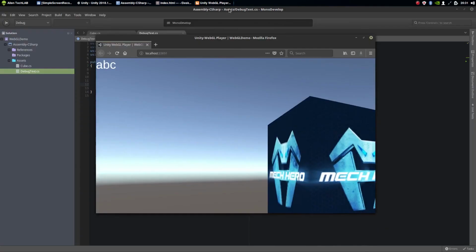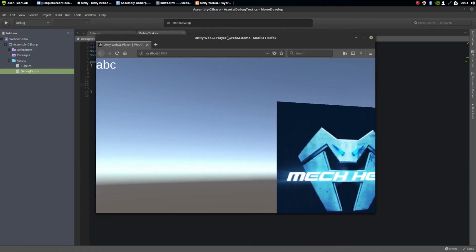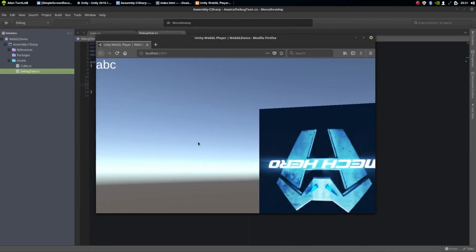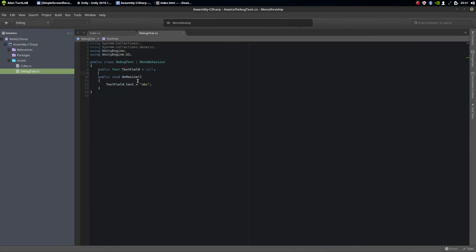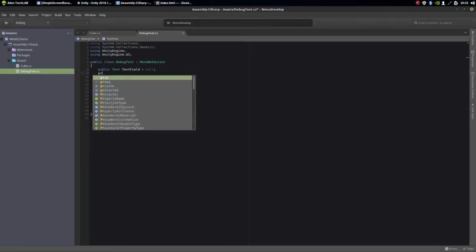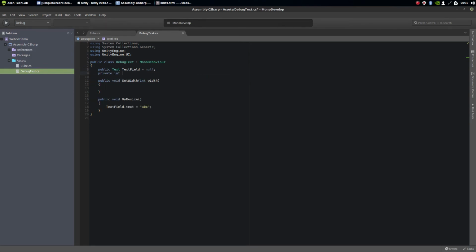but that's not what I want yet. I want now to get the size of this area. So the next move will be adding a couple of new methods. Public void set width, and let's create a private int width member,